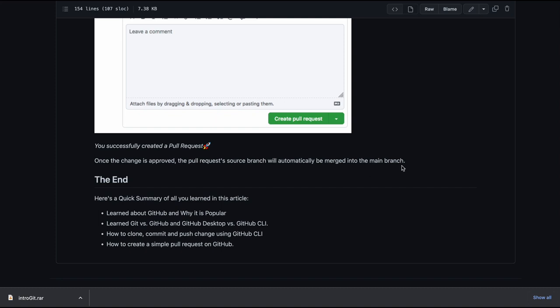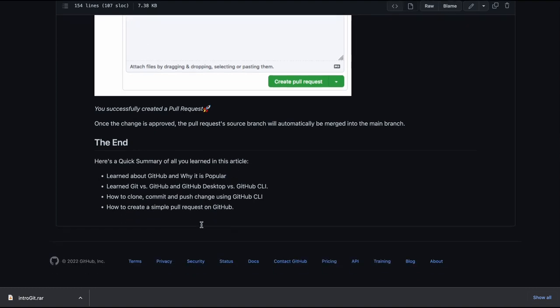Add it here. I said conclusion, and you're giving me "the end." This is not a movie. So change "the end" to "conclusion." And here's a summary of all you learned. The conclusion should preferably not be just a bullet point alone. You should explain it more than just having this bullet point.